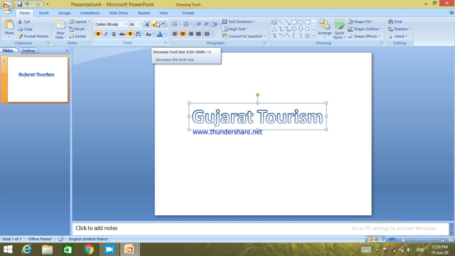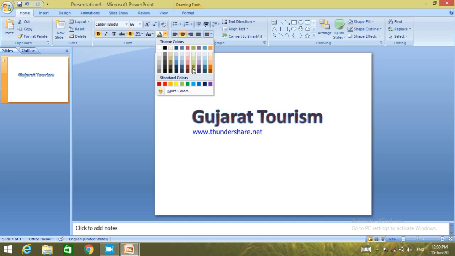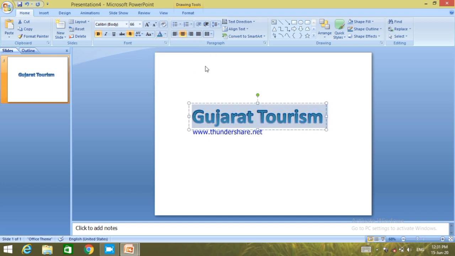Thereafter, if you want to change the font color, now change the background color.